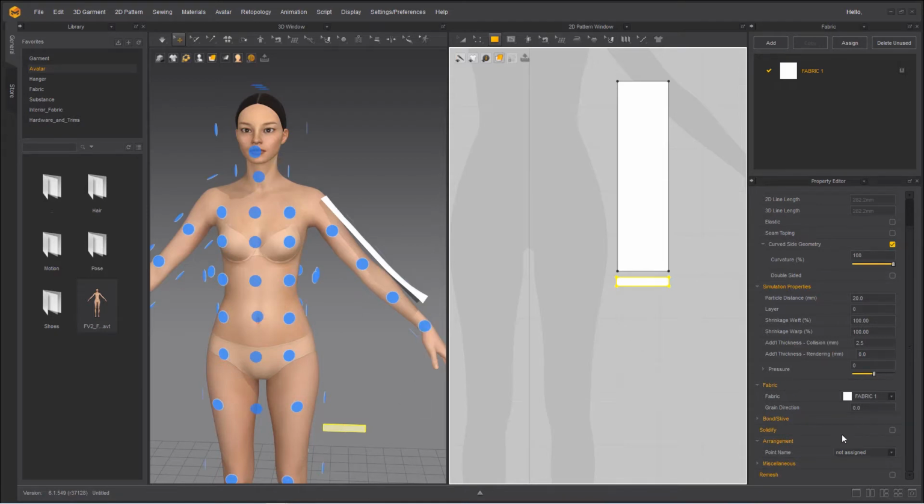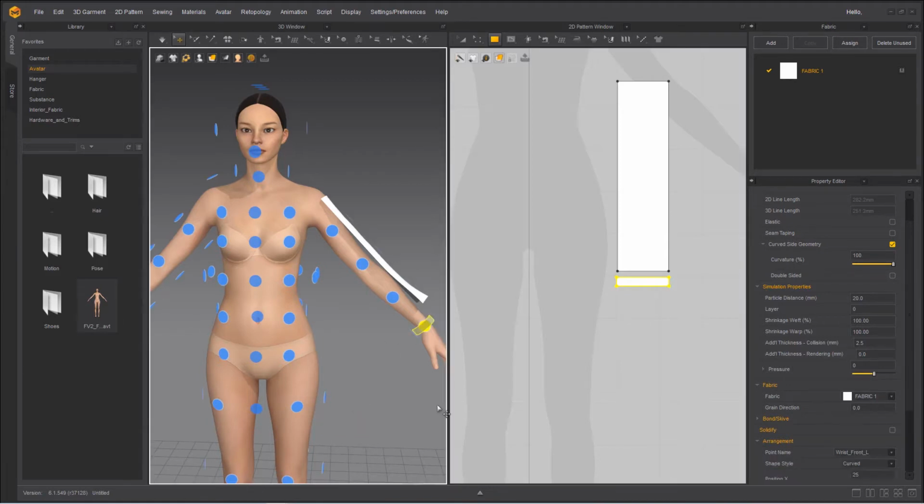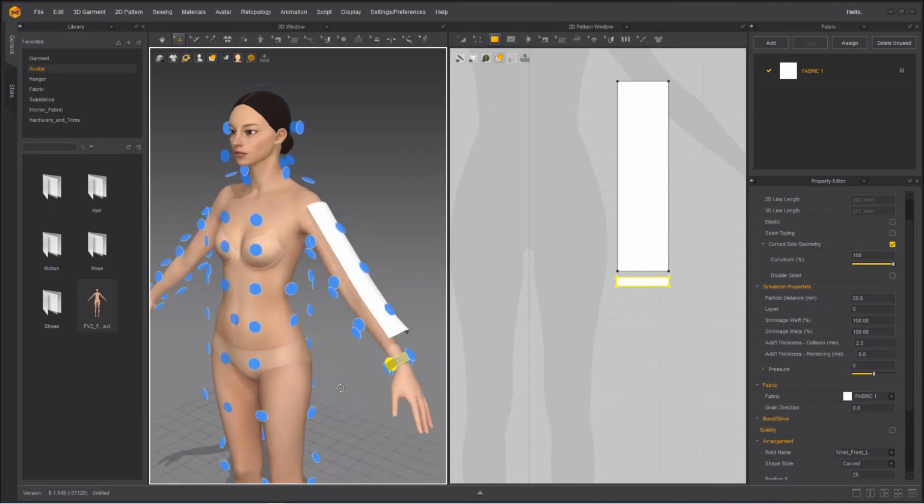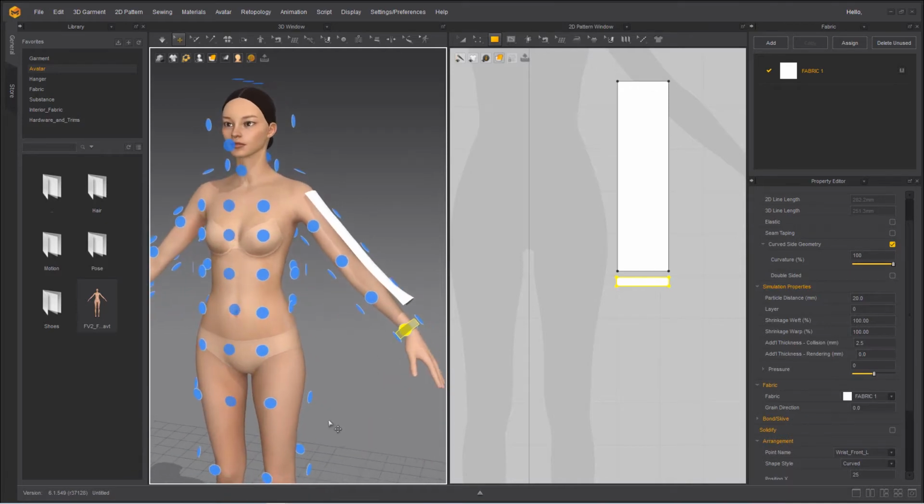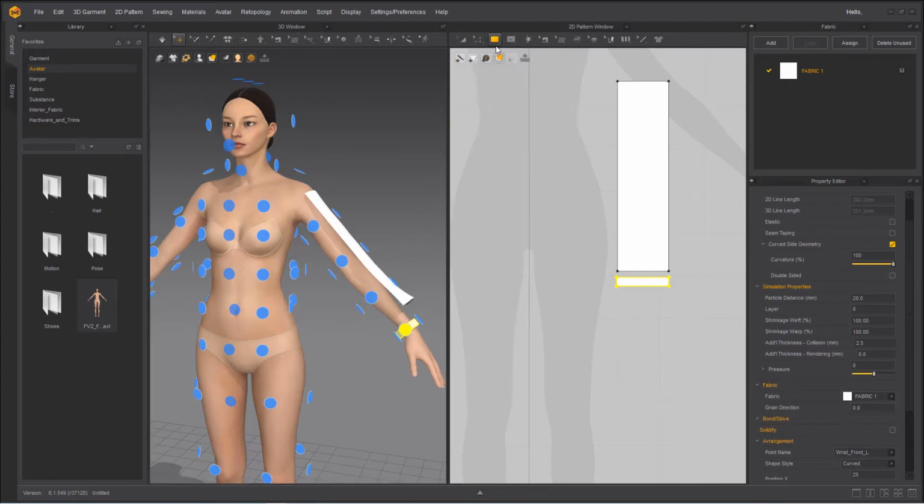Now, one way is to go in here and find the point manually. Another very cool method is, with the 2D pattern selected, I'm just going to click on the dot, and bam, you can see how easy that is to align the patch to the point. And that's how I block out my initial